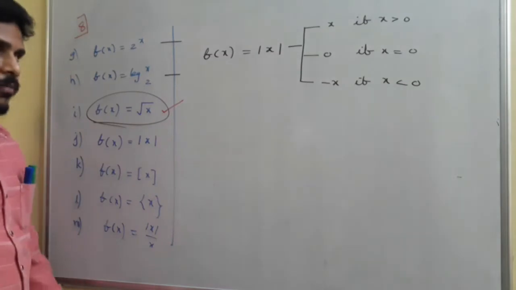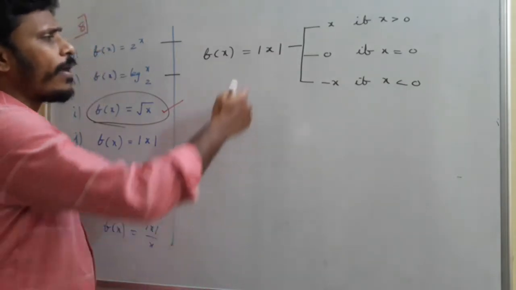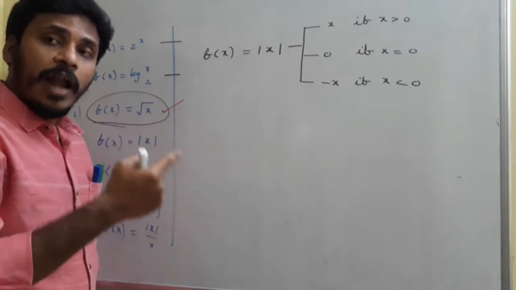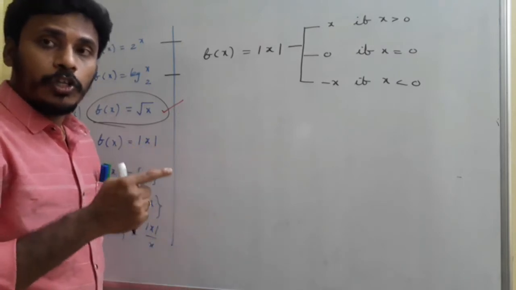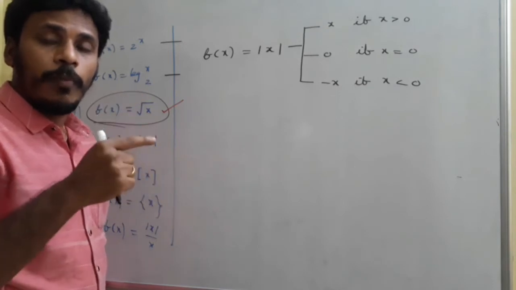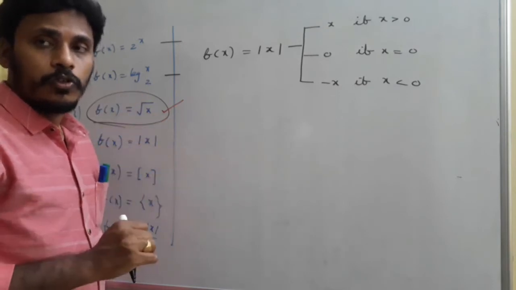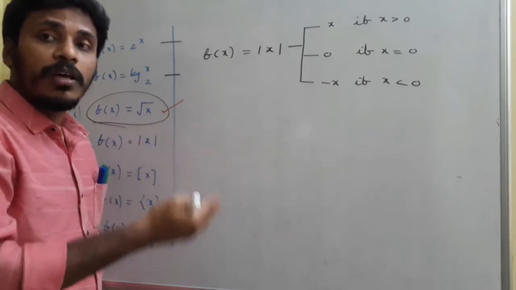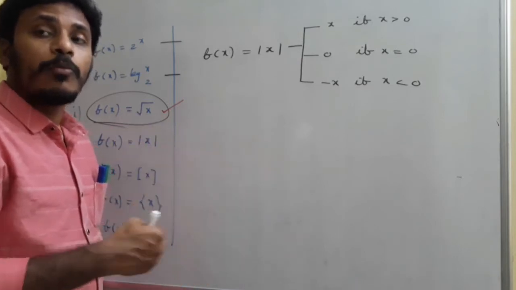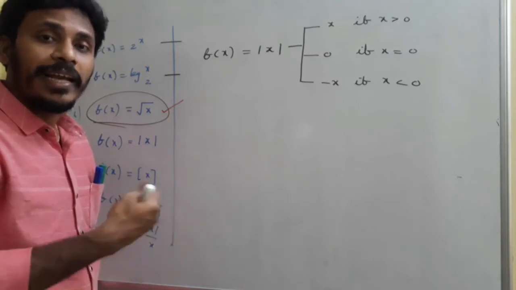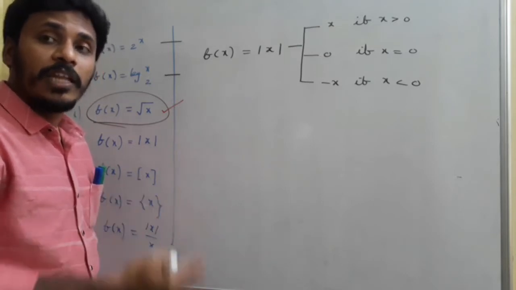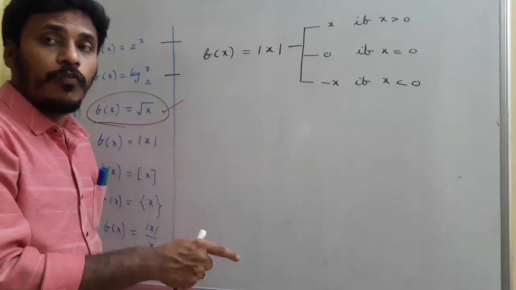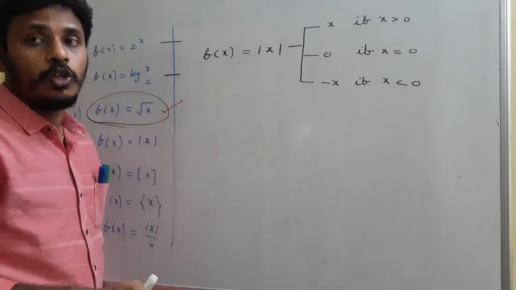That's the basic definition. Okay. If you give a negative number for x, it multiplies that negative number with a minus sign and the result is always positive. Modulus of minus 3 is minus of minus 3, which is 3, positive. Modulus of 4 is 4, which is positive. The outputs are always positive. But what about the inputs, the x values? The x values may be any reals, but the result is always positive. If your input is 0 for x, then your output is also 0 for y.